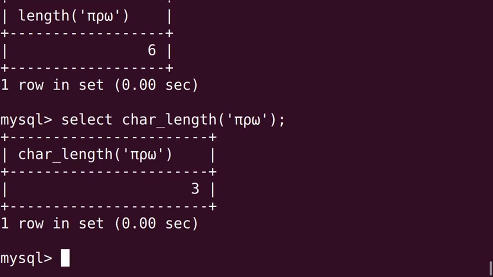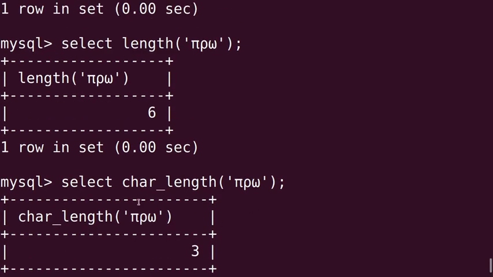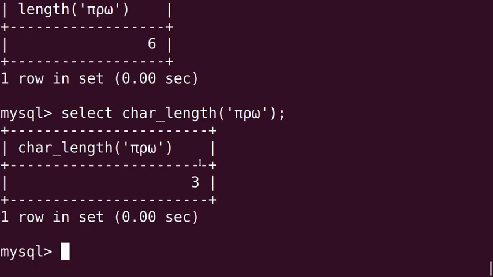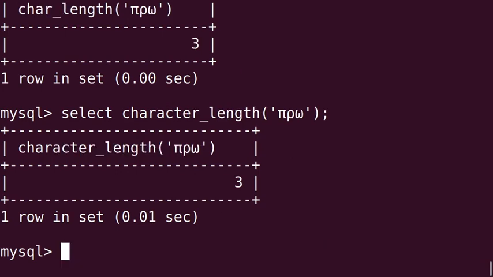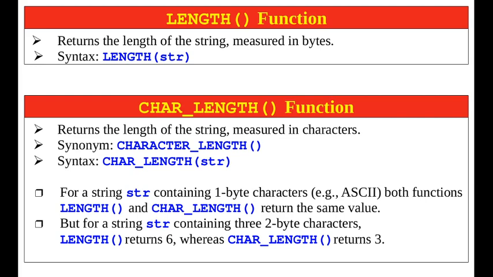Here the difference you can make out between char length and length, right? In place of char length you can write the other synonym, that is character length. See, char length also giving you the same output. Let's go back to our presentation, right?